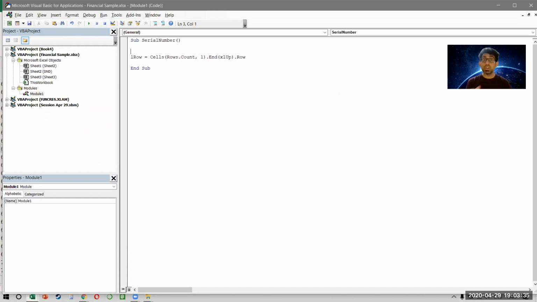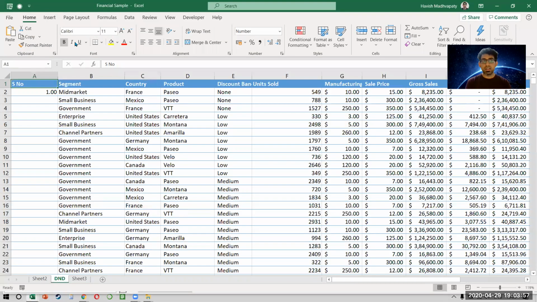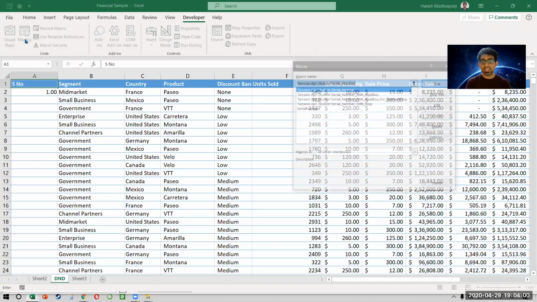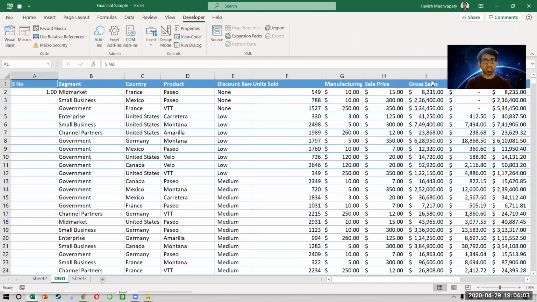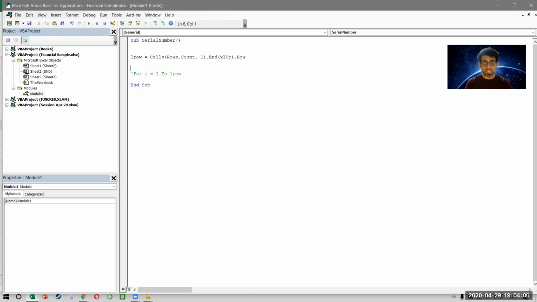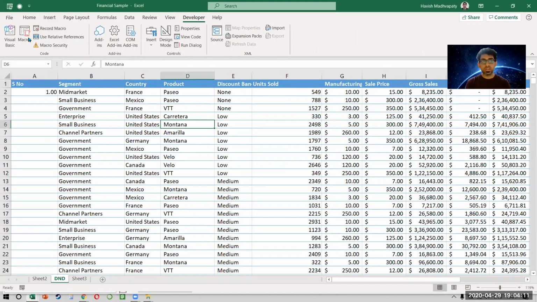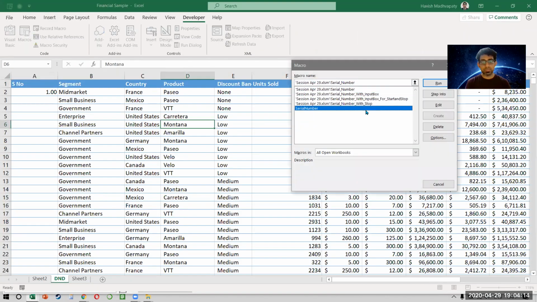We can now combine it with what we wrote earlier. So I'll say that for I is equal to 1 to 2. Now remember, we don't know what the 2 is, so we can simply find the L row value and put that last row value in L row. So what is my L row going to be? Let's first see, is this working or not? If I run my macro and I say serial number, what does it give me as an answer? It gives me nothing, because I have to show a message box as well. So we just make a message box L row so that it tells me what the result is. So macros, and then I say serial number, run.